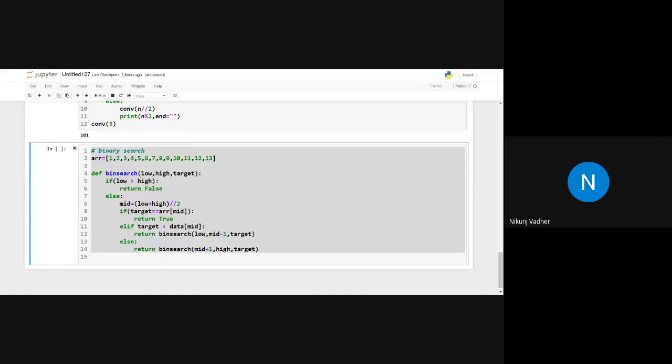Is there any typing mistake here? Yes, here instead of data there will be arr.